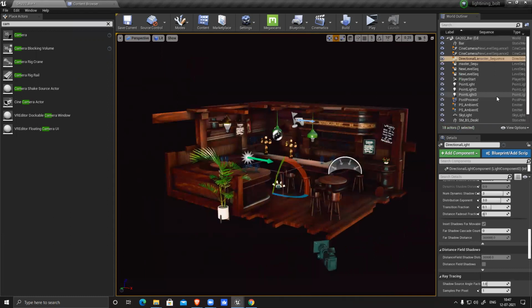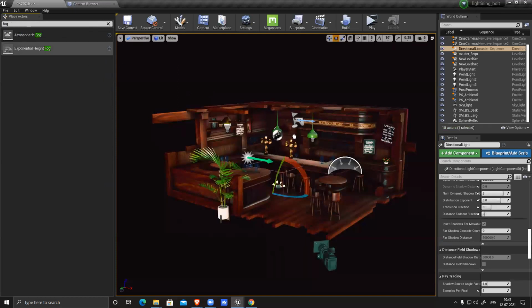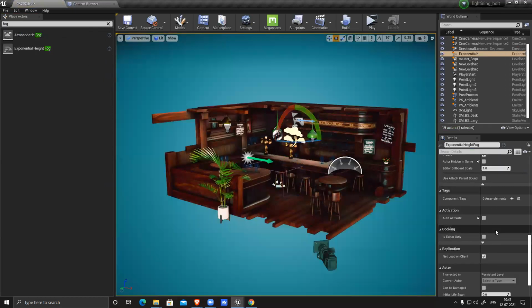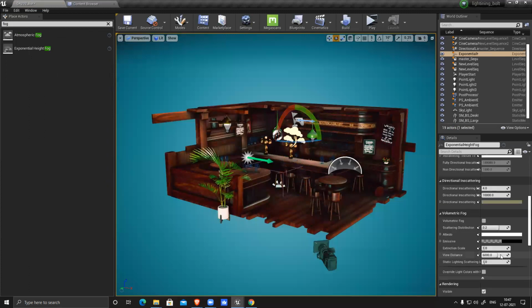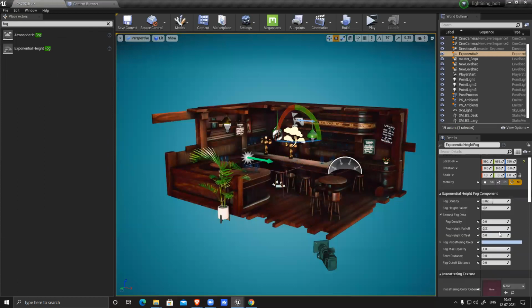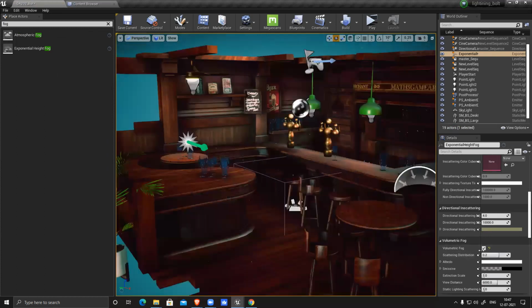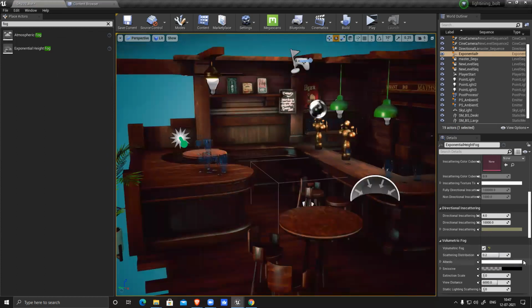In my scene, do I have fog? No. So I can add some fog here. Exponential height fog. So all this fog density, everything I can change, and volumetric fog I can switch on. Based on the scene, it will generate volumetric fog.